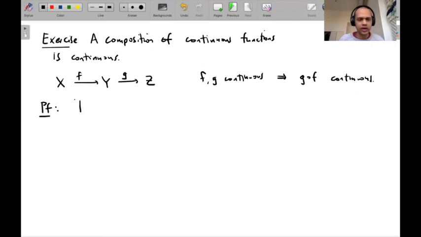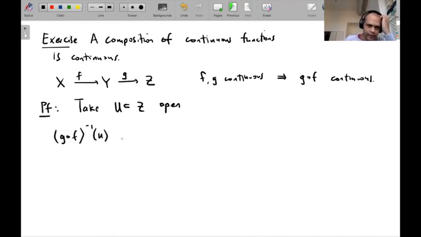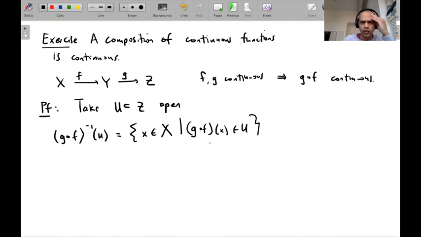But let's do it. So let's take U in Z open, and we need to look at (G compose F) inverse of U. We want to show this is open. So by definition, what is this? This is x in X so that G compose F of x is in U, which we could rewrite as G of F of x is in U, which then we could write as, so this is G inverse of